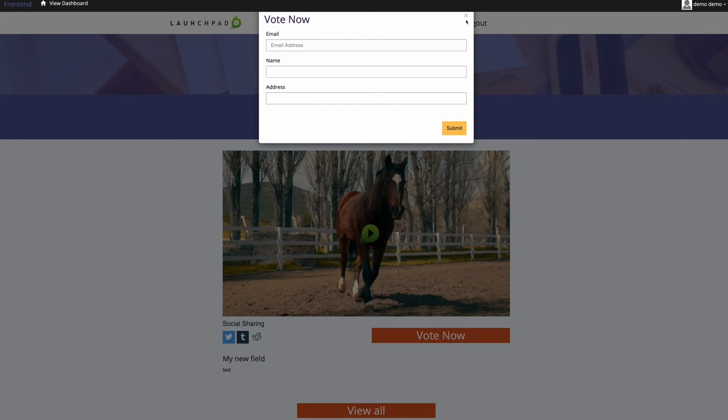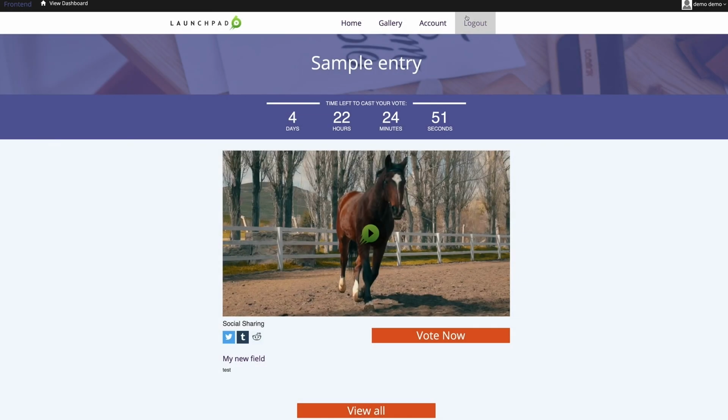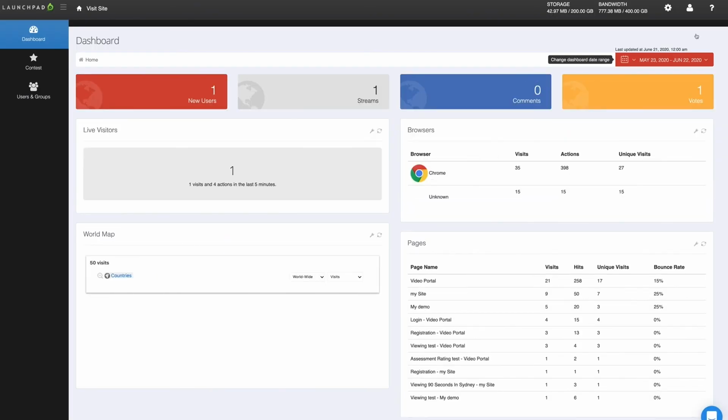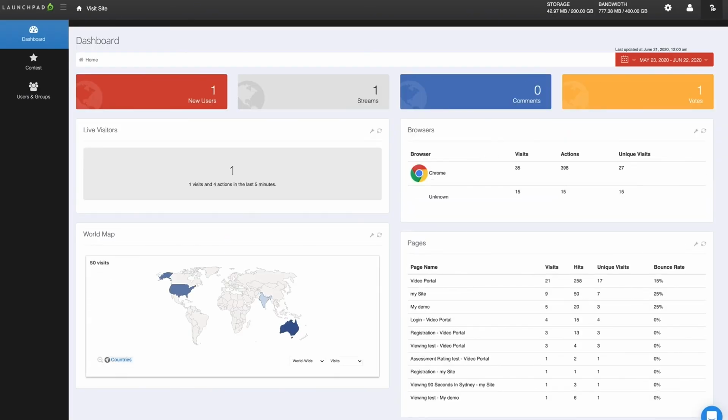That concludes our high-level overview of the voting configuration. However, if you need to review in more detail this and any other features of ContestPad, you can find out more information by going to